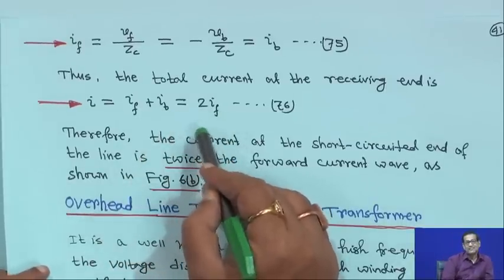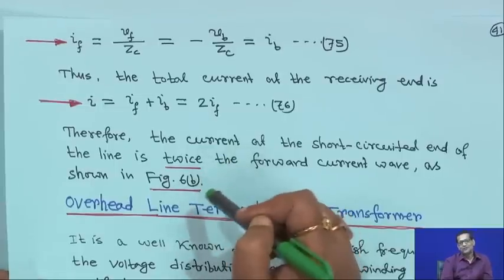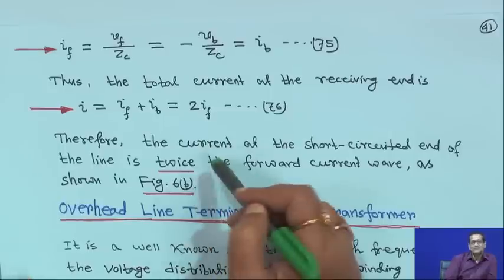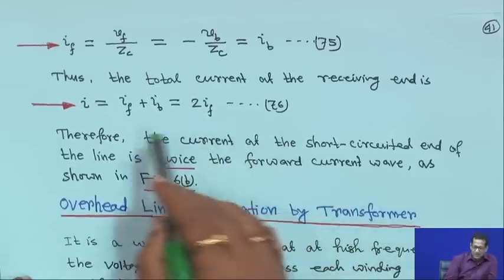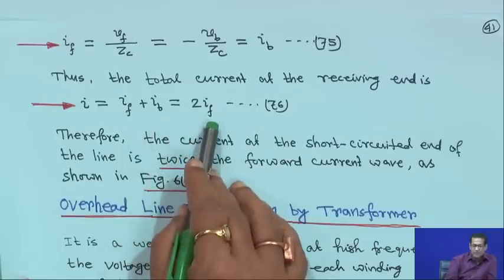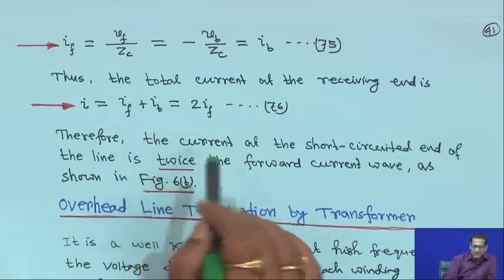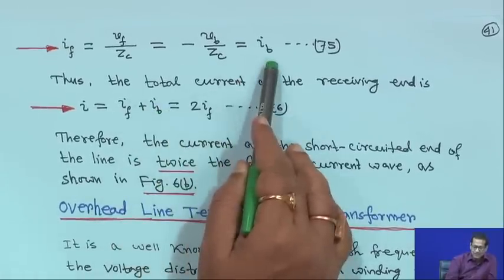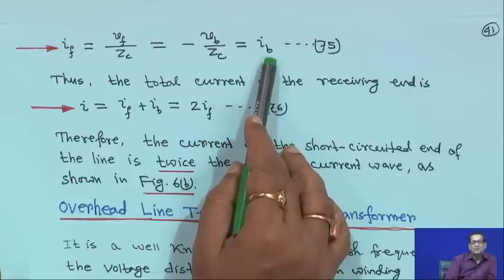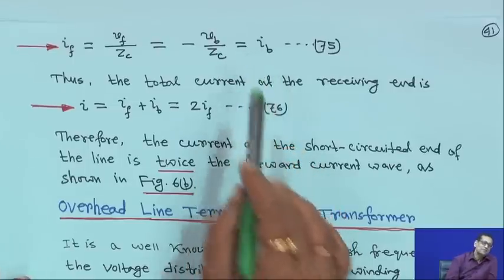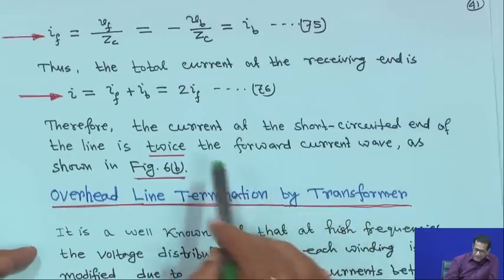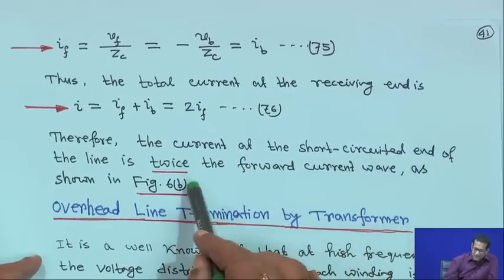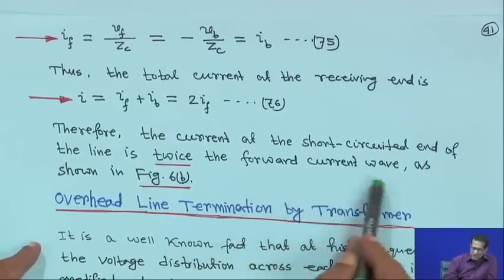So, just opposite, it is a dual actually, right. When it is open circuit and short circuit, it is just the dual of open circuit. So I has become double, 2 I_f, because I_f is equal to I_b, and in that case V_f plus V_b is equal to 0. So V_f is equal to minus V_b. Therefore, the current at the short circuit end of the line is twice the forward current wave, as shown in